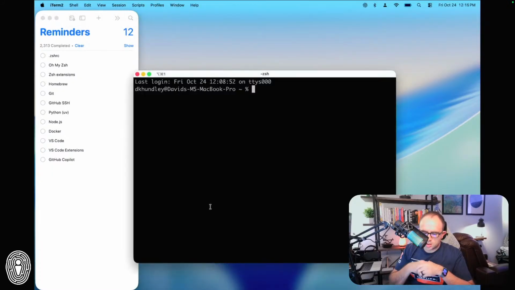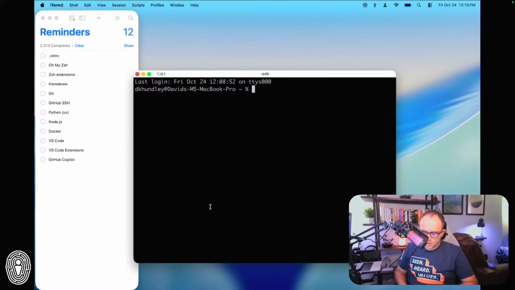Let's talk a little bit about what this .zshrc file is. We have this terminal open, and it has the ability to do or not do certain things. When you fire this thing up, you might be wondering, how does it know where Python's at? Or how does it know where these other things are at? Behind the scenes, it's actually referencing two different